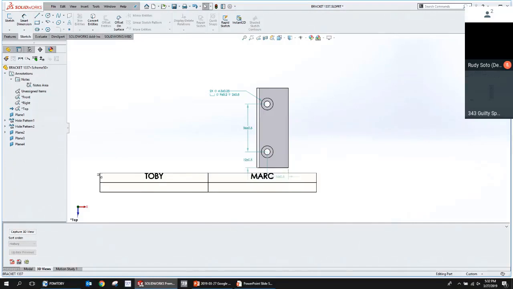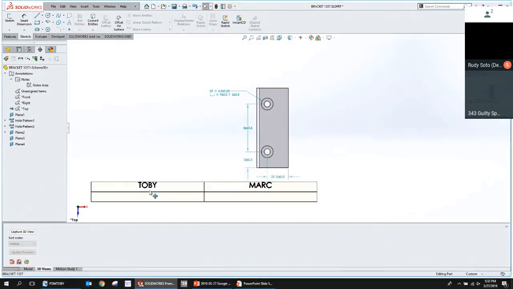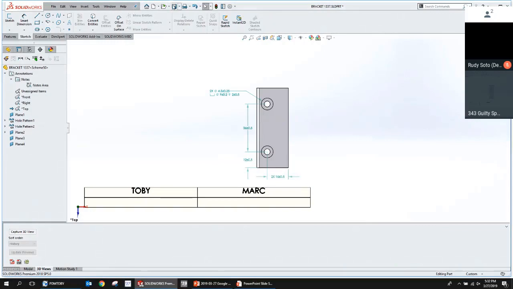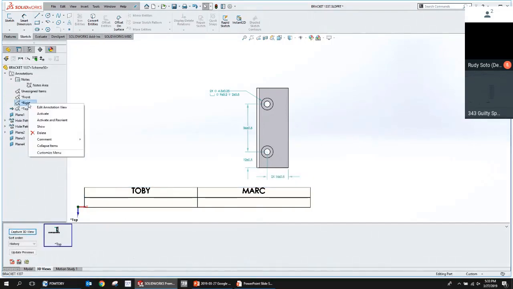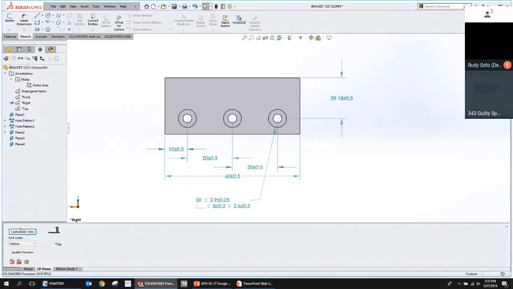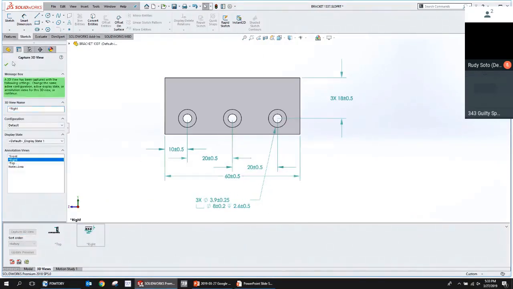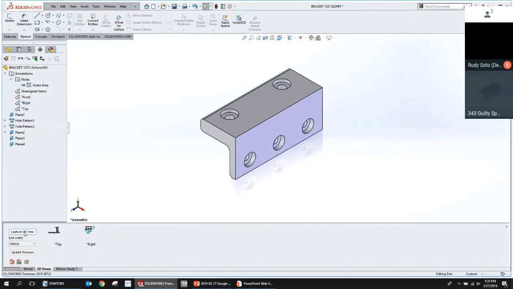All right, cool. Just going to move this out of the way. Or not. Alt, drag. Okay. All right, and so we'll save this and we'll say we want to capture this view as a top view and just the top annotations from that. We'll say we want to activate and reorient the right side view, and we want to capture that view. And maybe we'll grab an isometric view and just capture that as well.